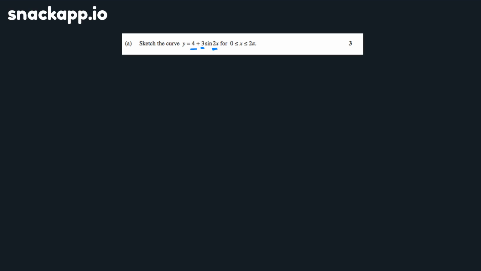of 2, okay? So whereas normally for a sine curve you would have one whole revolution, between 0 and 2 pi, so one whole from 0 to 360, this time you're going to get double that. We're going to get that. Okay, so when doing these questions, I sometimes find it easier to draw the curve and then fit the